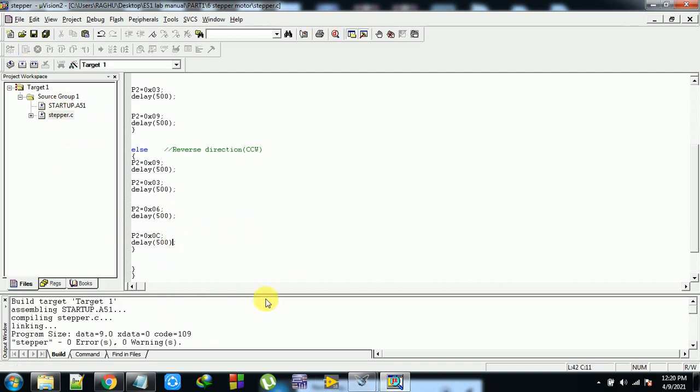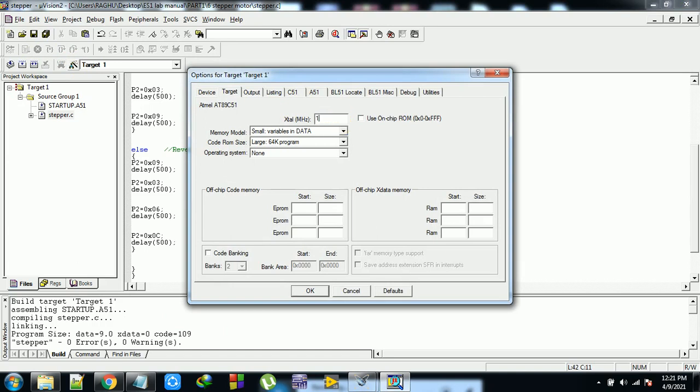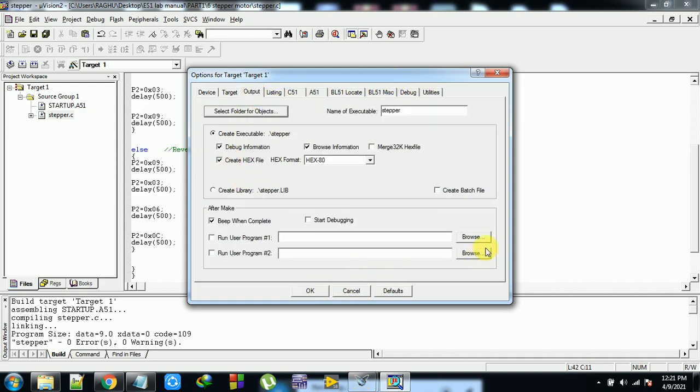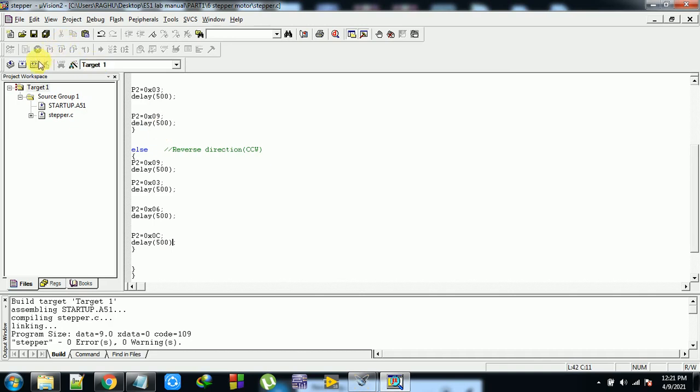Then 0 errors, 0 warnings. Once you get 0 errors, 0 warnings, then options for target 11.0592 megahertz, and output is this thing. Okay, done. Once again it has created the X file.